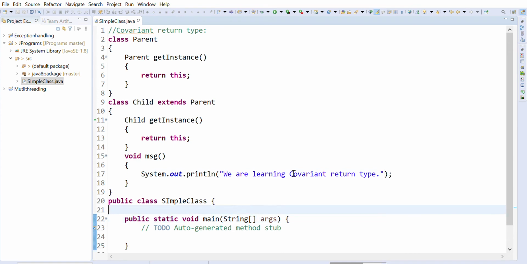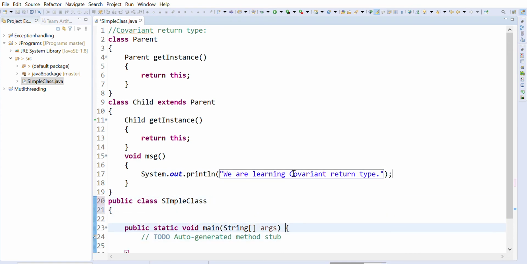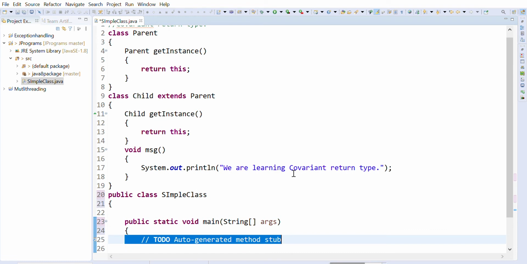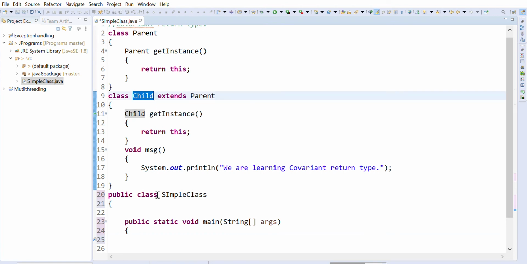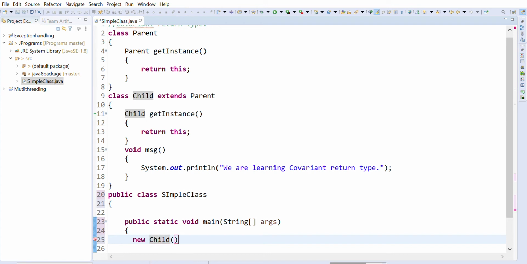Now what do you have to do in the main class, from where the program will execute? You have to create the object of the child. We can just create a new Child, and the child will call getInstance. Because getInstance will give the object of the child, we can call the message method here. Let's check the console and see how it gives the value.